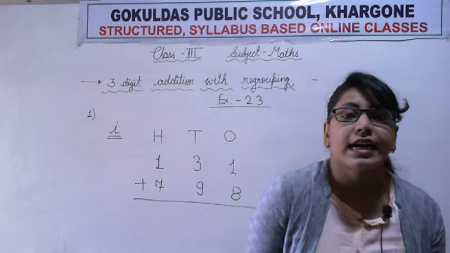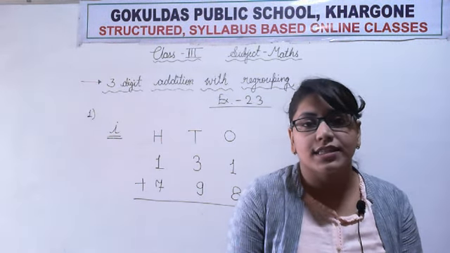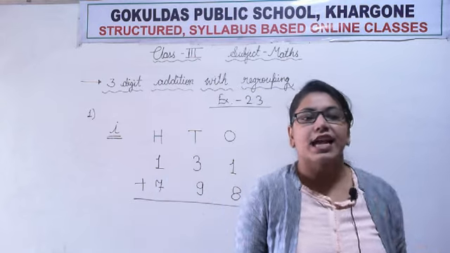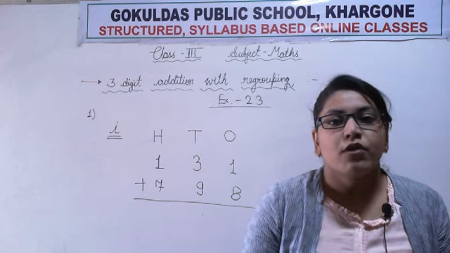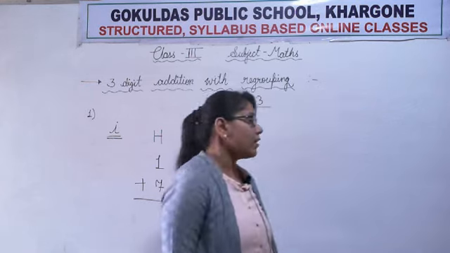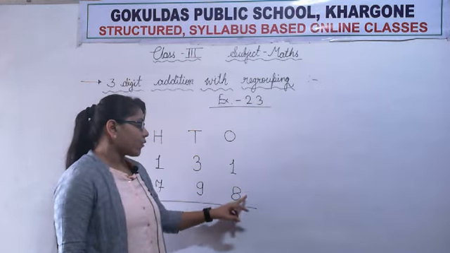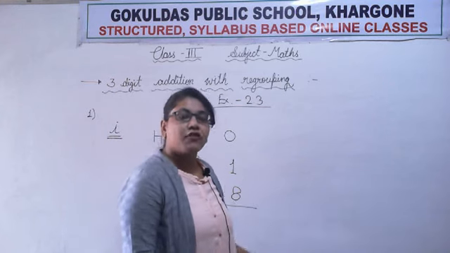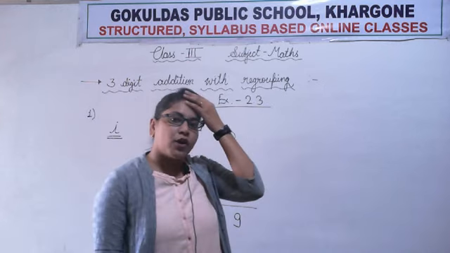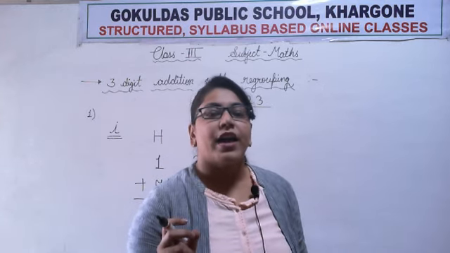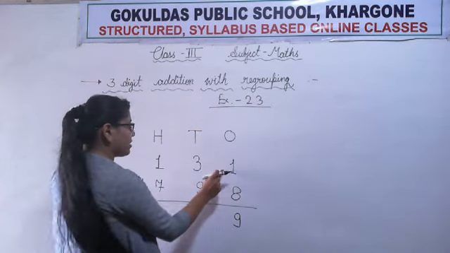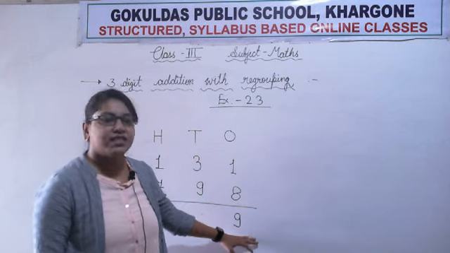So, remember the addition property. Whenever 1 is added to any number, it gives its successor. Revise once again, repeat after me. Whenever 1 is added to any number, it gives its successor. So, here we are adding 1 in it. So, what is the successor of 8? Very good, 9. So, when we add 1 in 8, we will get 9 because whenever 1 is added to any number, it gives its successor.